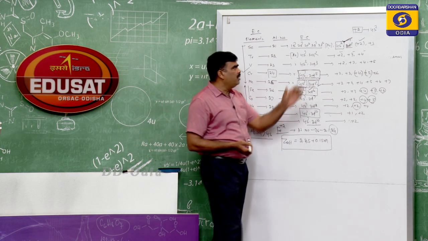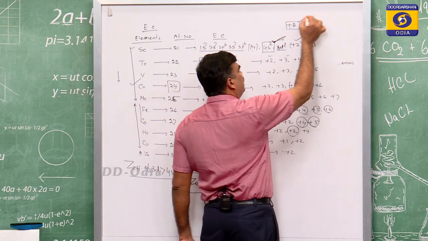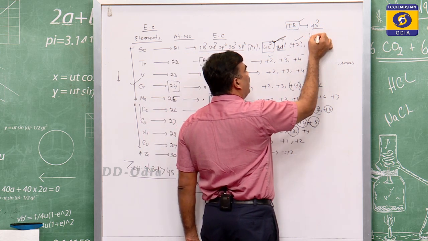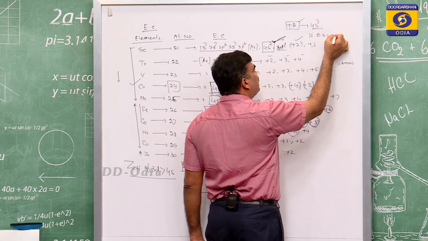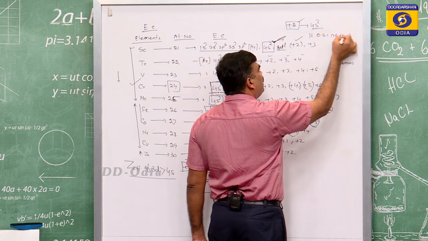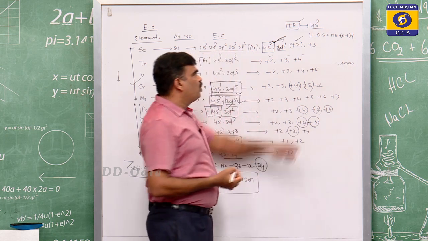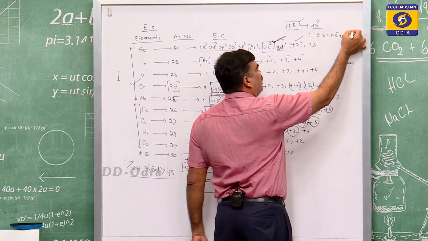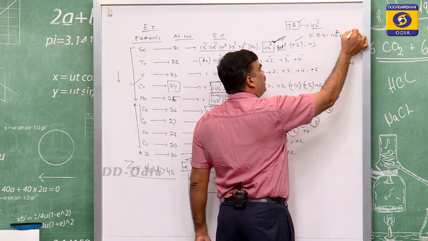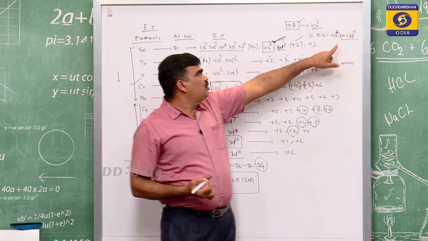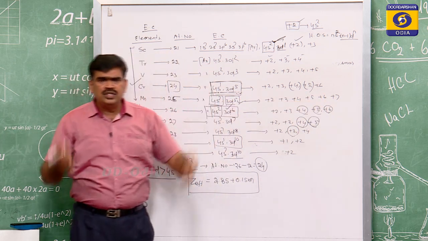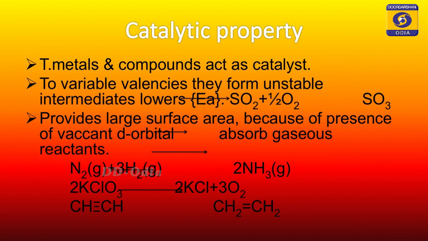Remember one very important thing. The lowest oxidation state is due to participation of 4s2 electrons. The highest oxidation state is due to participation of ns electrons plus n-1 d electrons. So here the ns2 along with the n-1 d electrons shows the highest oxidation state. So manganese shows the highest oxidation state of +7. But among all transition metals, you see there are 4 series: first, second, third and fourth series.